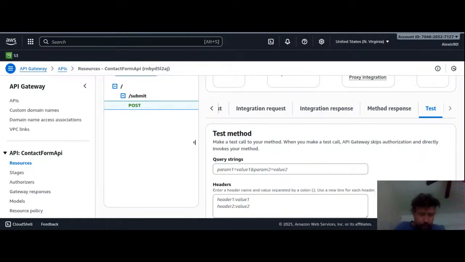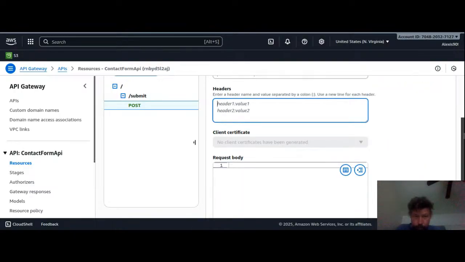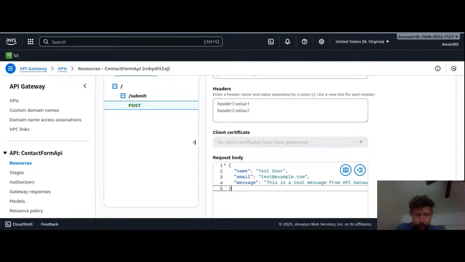This is in JSON. So you put this, you take this like so. And then what we want to do